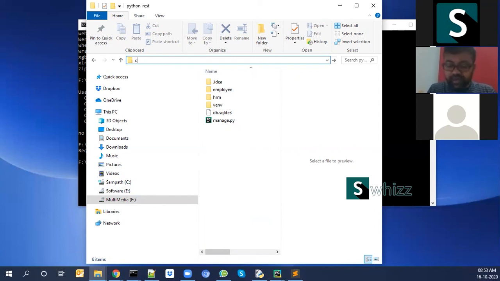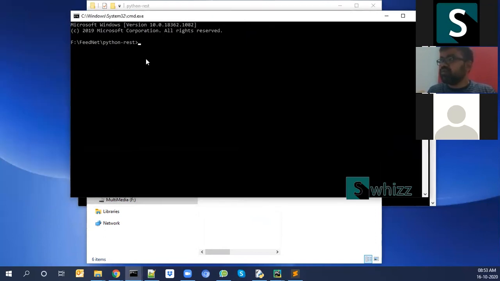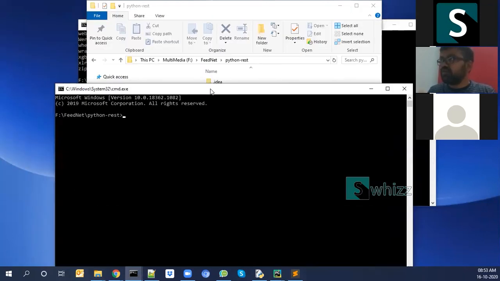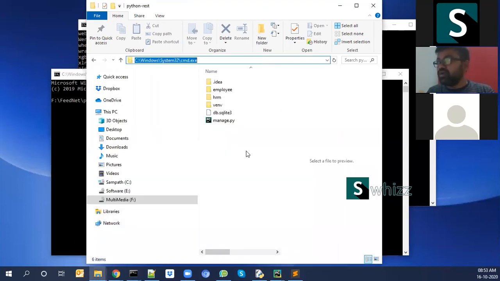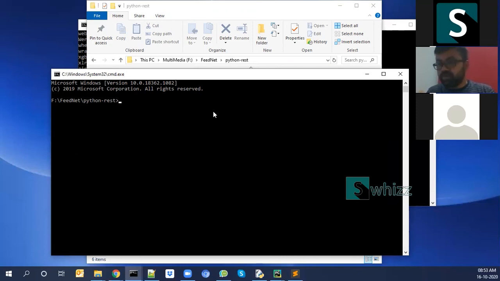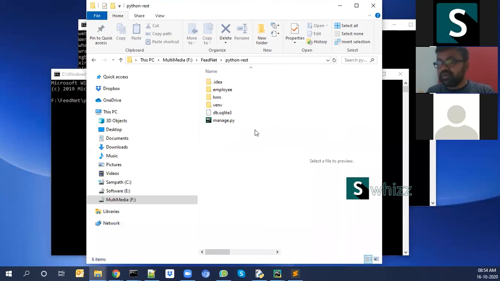or else you can directly type CMD. A Windows command prompt will open. If you type CMD on this particular path, after creating a Python folder, you will get another command prompt window where the location will be the desired location in which all the files you are creating will be placed.